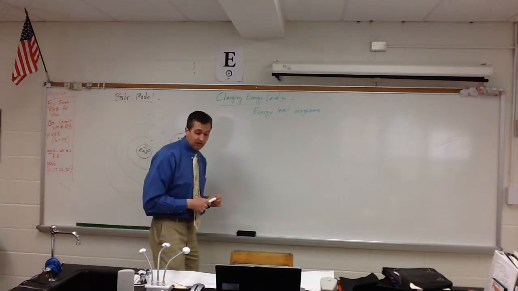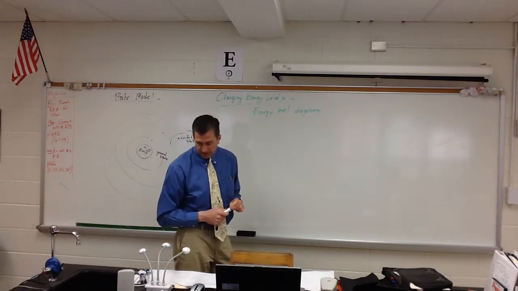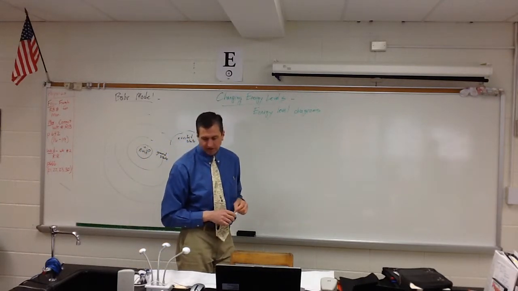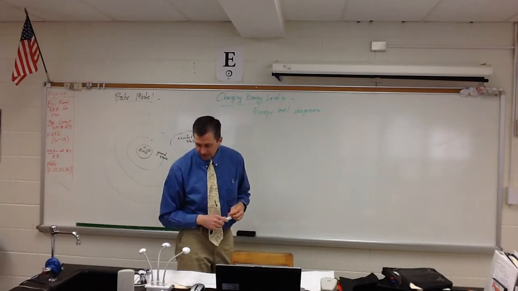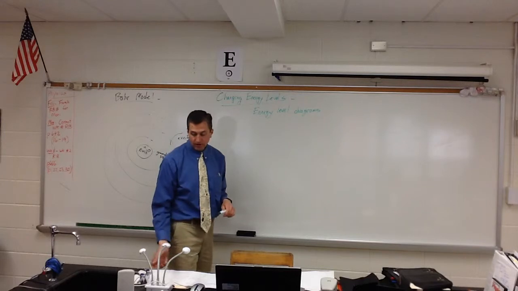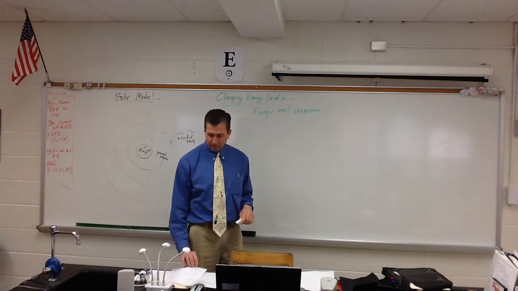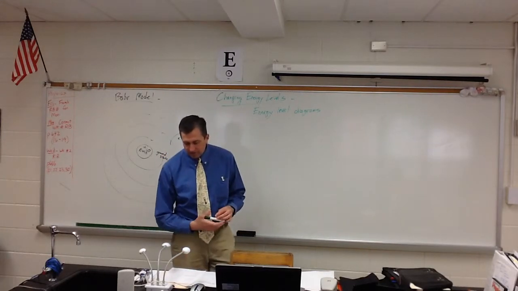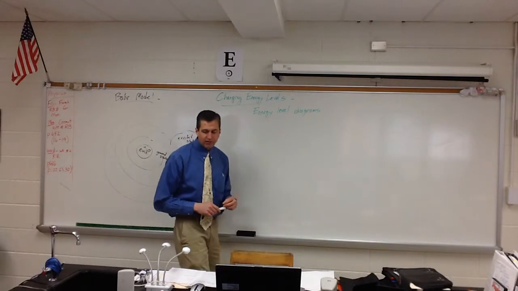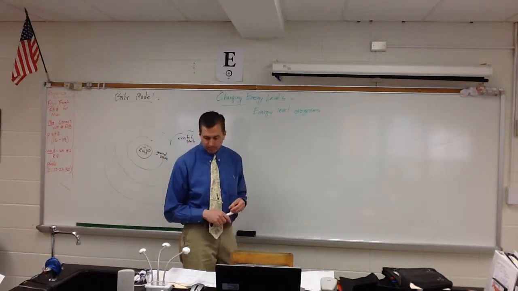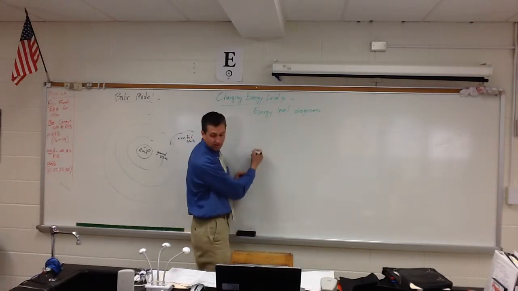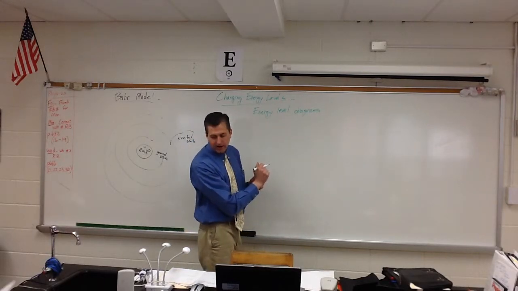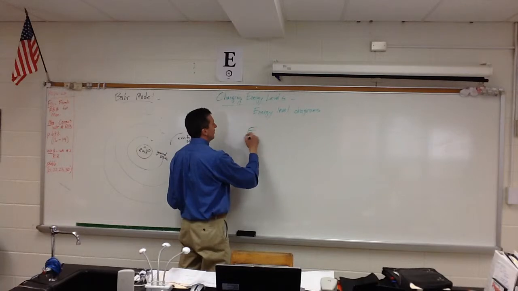So you need to be in your reference table. Page 3 is the way it's labeled. It says energy level diagrams, and you see that there's hydrogen and mercury energy level diagrams. Along with that, if you could be flipping between that and page 5 under modern physics, we're going to spend time right now talking about the equation which is on the second line of modern physics, which says the energy of a photon,